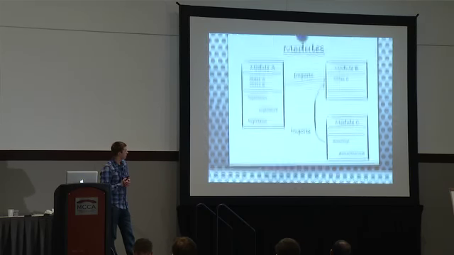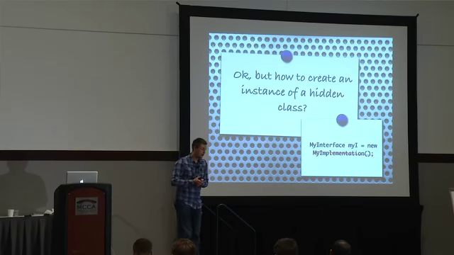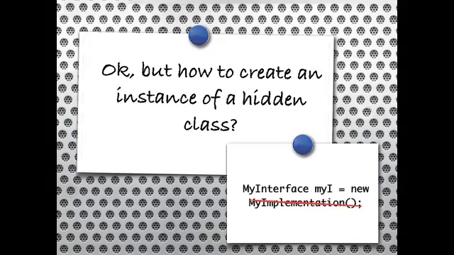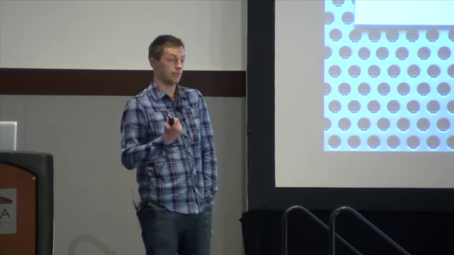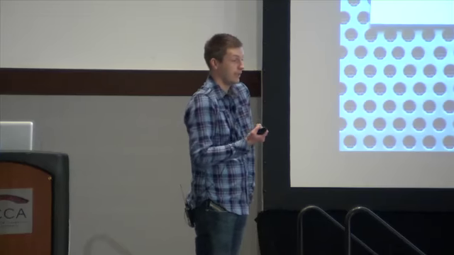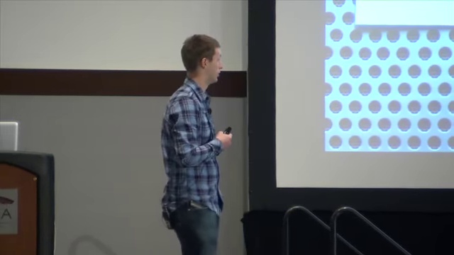Okay, but then we still have a problem, because if we start saying that we don't want any implementation classes, and we just want to work with interfaces, and only those public interfaces, that are the classes which are public, which are exported in a module, how are we ever going to instantiate a class? How are we going to actually do something in our code? Because we can't do new my implementation, because my implementation is hidden, and I just can't do that. The compiler will not allow me if my module system is working correctly.